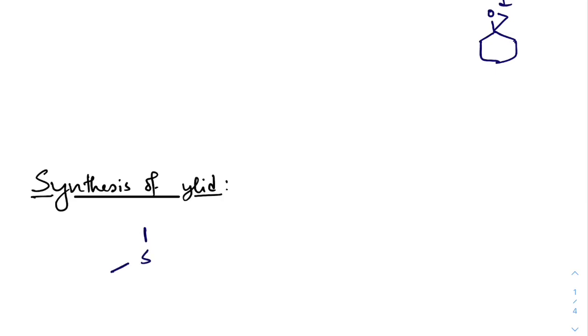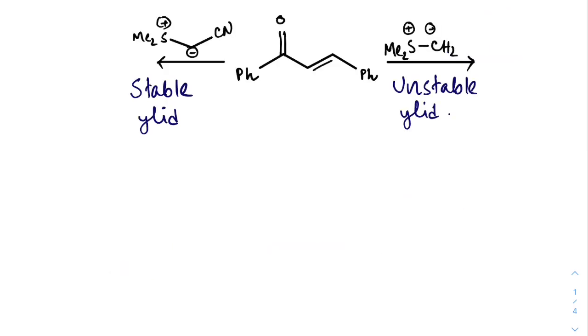In the presence of this type of sulfonium salt, if we treat it with a base, then the base will pick up one hydrogen from any of the methyls and generate this type of sulfonium halide. There are two types of halide. One is a stable halide. You can see this negative charge is stabilized due to the presence of this cyanide attached to this carbon. But this type of halide is not stabilized, so they behave differently in the presence of this type of alpha beta unsaturated carbonyl compound.